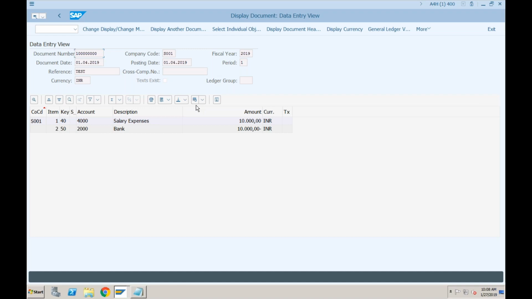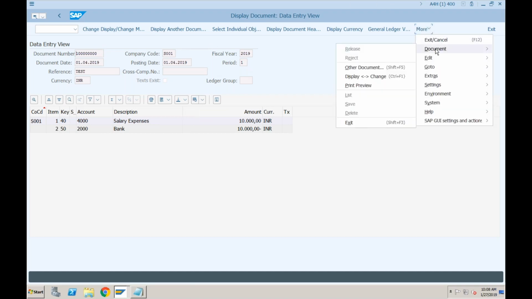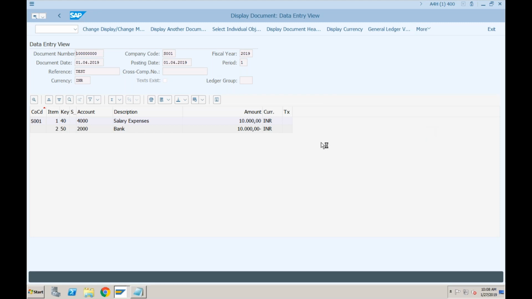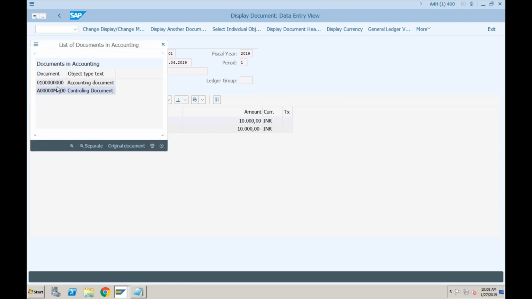But if I go to document environment and accounting documents, see, these are the two documents which are posted. The system has posted the accounting document and the system has also posted the controlling document.